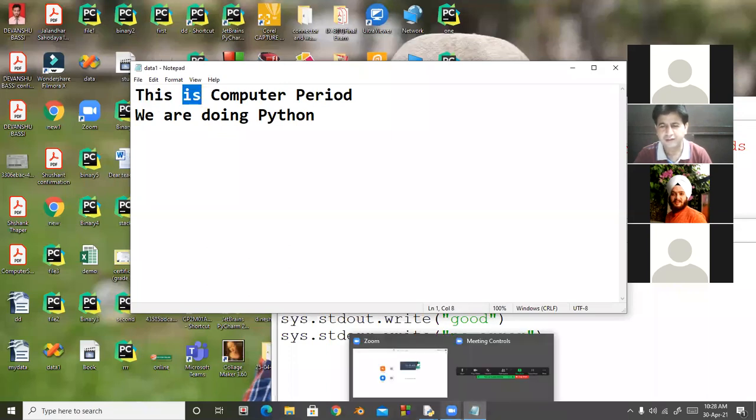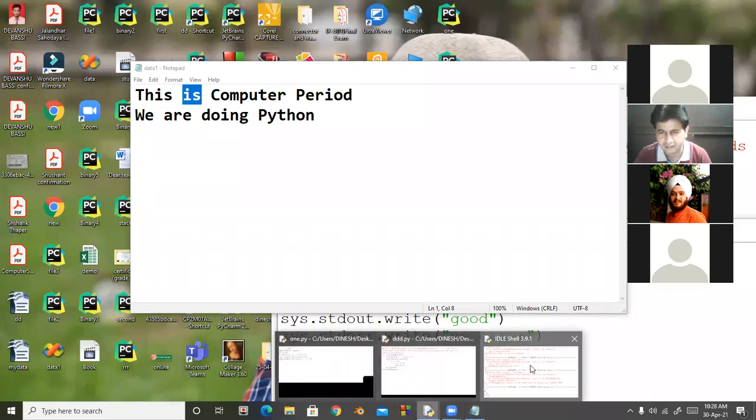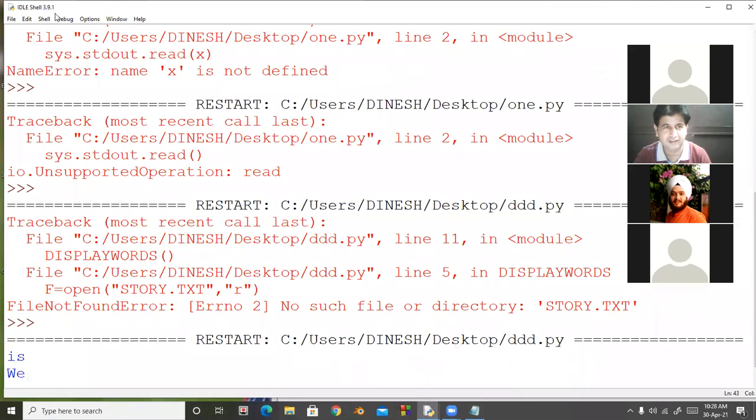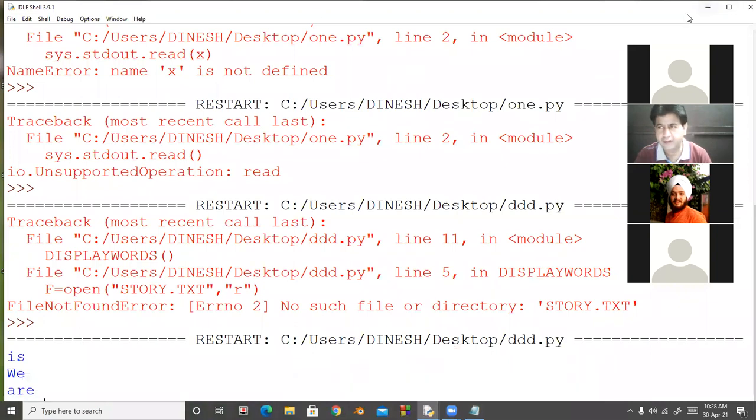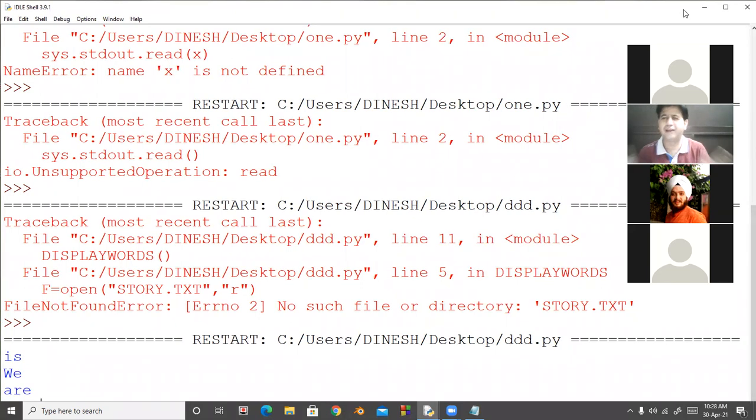So that's why, look at the output, is has come here. After that we have computer, more than 4 characters, period more than 4 characters, we is less than 4 characters, are is less than 4 characters, doing is 4 characters so it cannot come, Python is more than 4 characters so it cannot come. So students, is it clear?